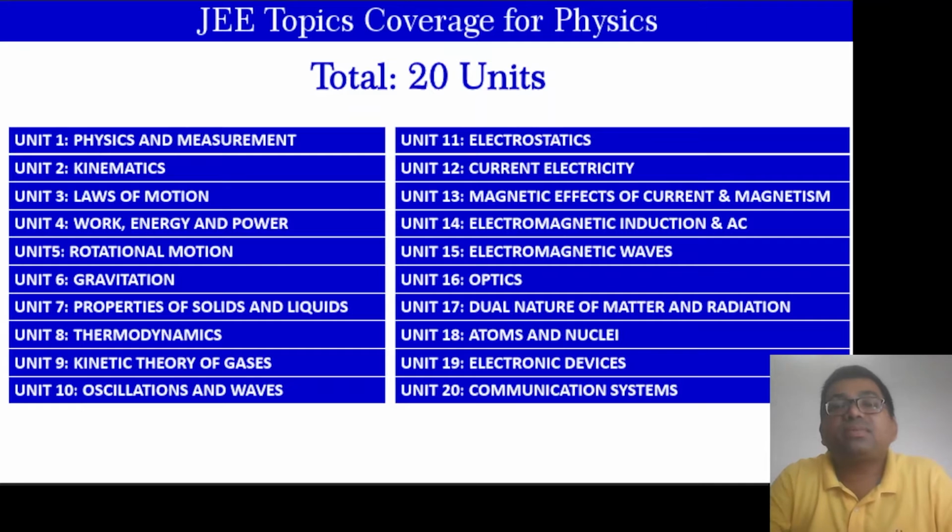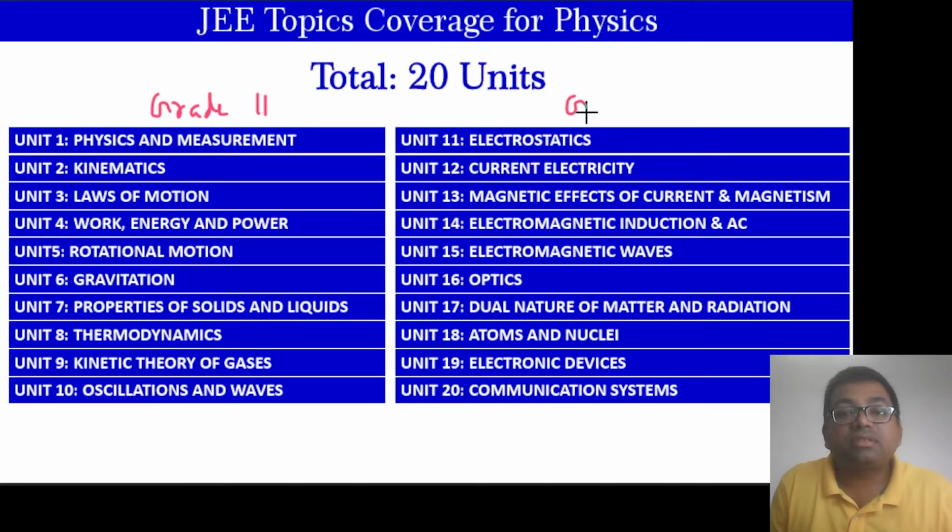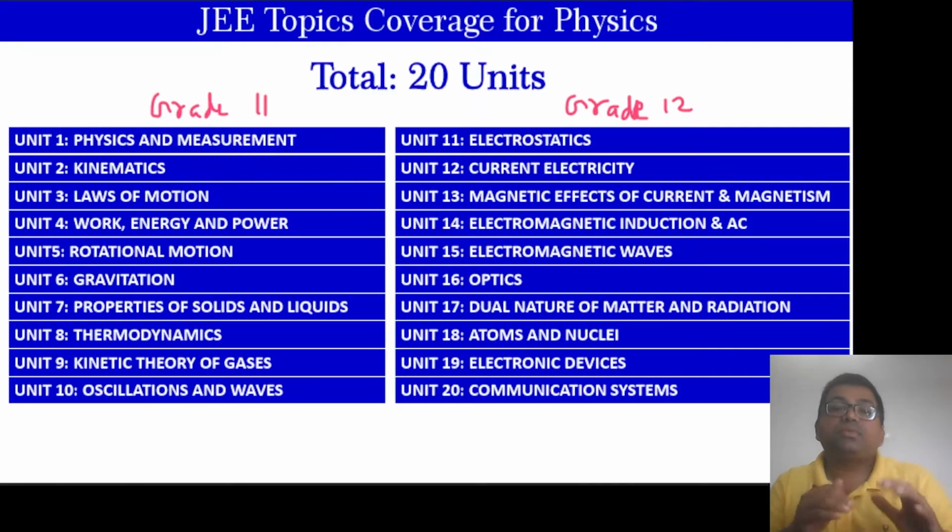So I am first presenting the total units. How many units are covered in JEE in physics? If you see, we have 10 units of grade 11. This is grade 11 and this is grade 12 topics, starting from physics and measurement till the last, oscillation and waves, and then in grade 12 topics